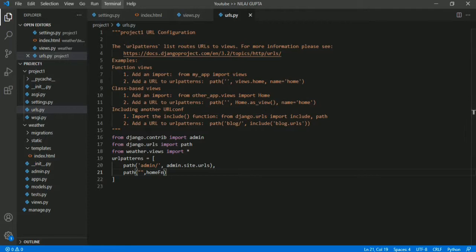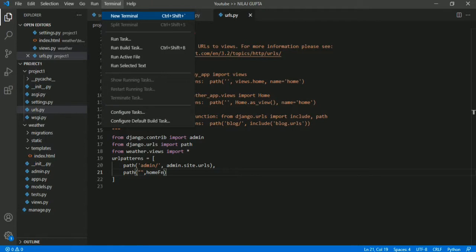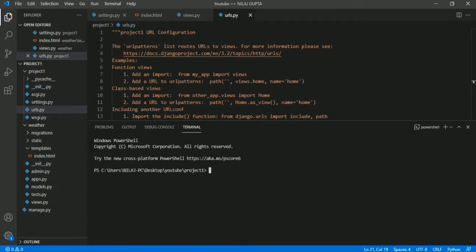Now let's start our server and check. Instead of python, you can also write py in short on your PC. I will write py manage.py. If py does not work, you can use python also.